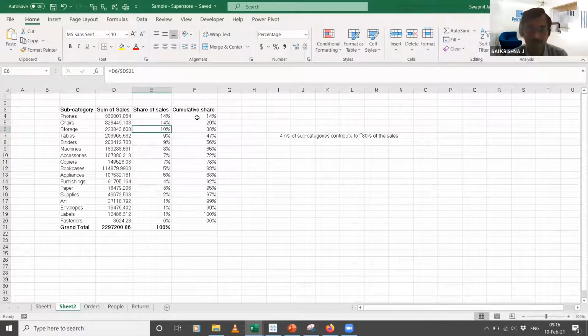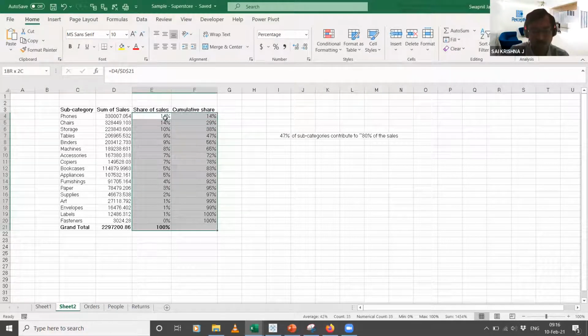Then I have calculated something called the cumulative share. Phones alone contribute to 14% of the sales. Phones and chairs together contribute to 29% of the sales. Maybe I'll just increase the decimal here a bit.